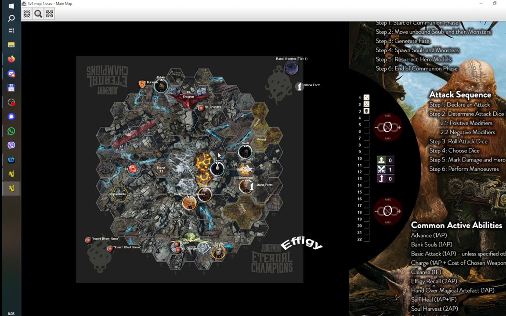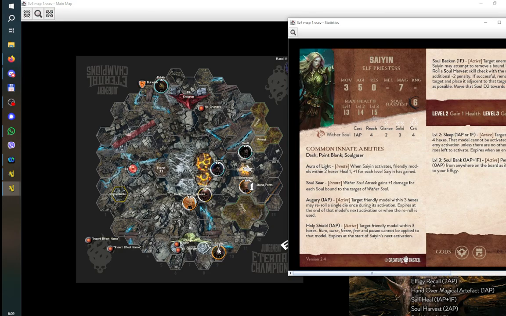So we are preparing for next round. Maybe the soul will spawn here, maybe it won't. So now you have Saiyan. Saiyan is your soul gazer, but she can also attack people with magical attacks. So let's see what her range is. Her reach is 4. So she can either stay there and start shooting the skeleton, or she can... her ability was changed to point blank. Only she has it, I think, and I need to check